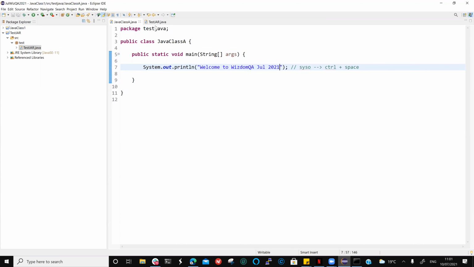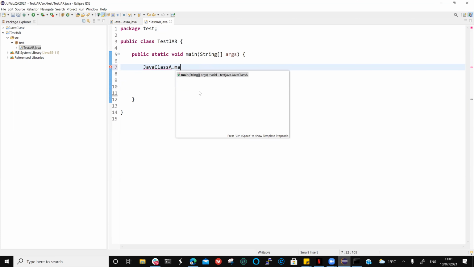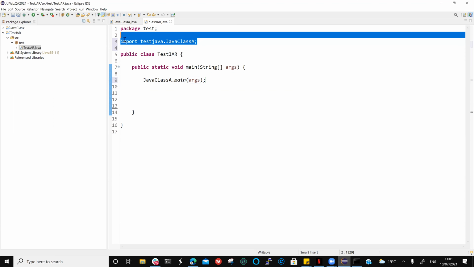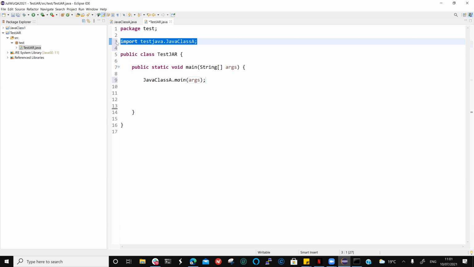How do I do that? It's very simple. All you do is this. What's the name of the class? The class name is Java class A. So just say Java class A dot main, right? Java class A dot main. And why did I show you this? I showed you this because now you are seeing a new statement automatically added into the file,